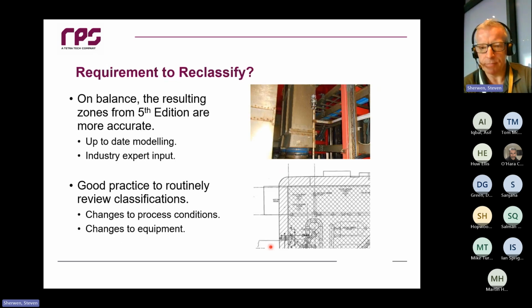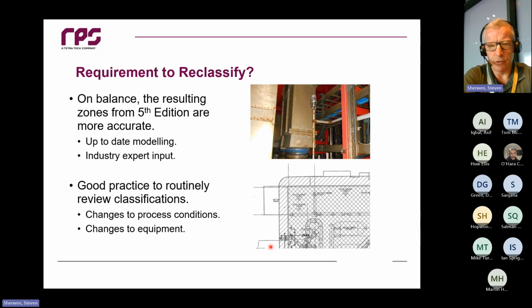Okay, so obviously the guidance has been updated. There's some changes. I wouldn't have said there's massively significant changes, but there are changes in there. It's probably significant if you've used the wrong classification for hydrogen. But apart from that, it's more an evolution than a revolution. Do you need to reclassify? Well, as the guidance now says, if you haven't looked over your system in 5 years, it might be a good opportunity to do so with this new guidance that's come out.